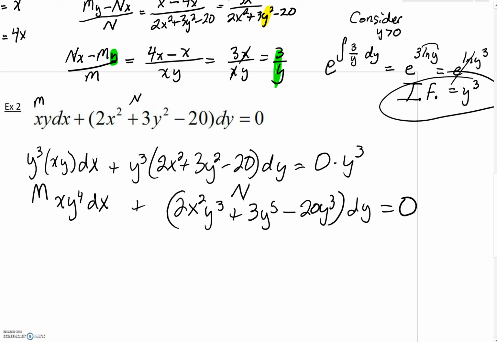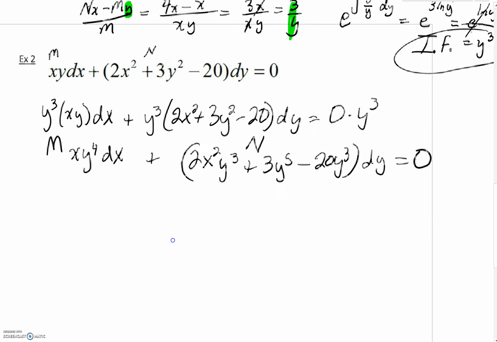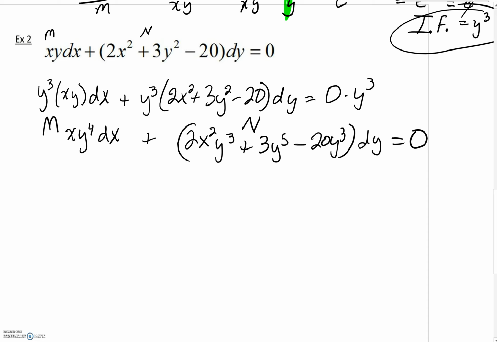We're hoping that what we had just done actually has made this new equation exact. Let's see if it is. I'm going to take my derivative of M with respect to y. Maybe put this M a little bit higher up here. And you can see that you'd have a 4x